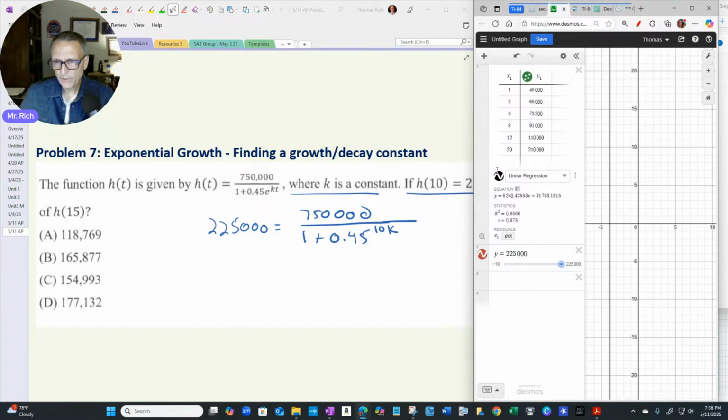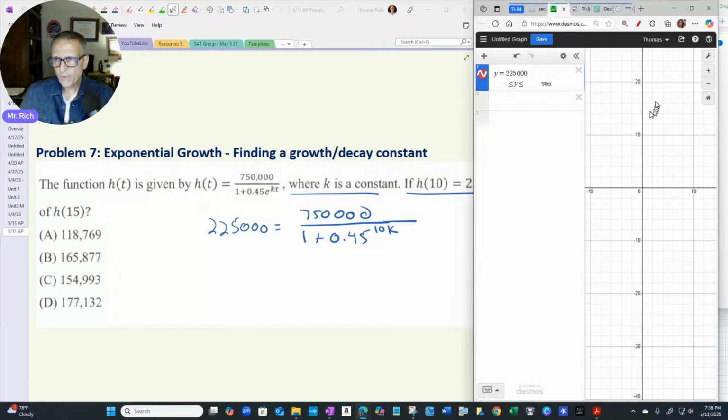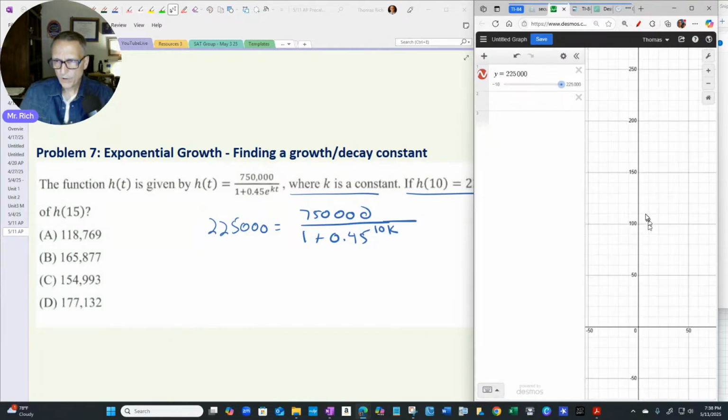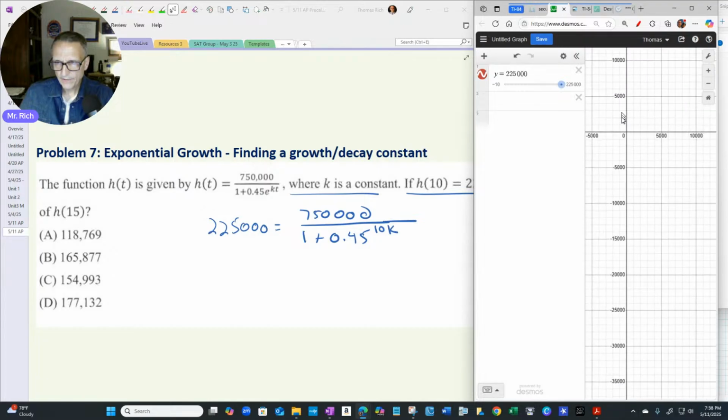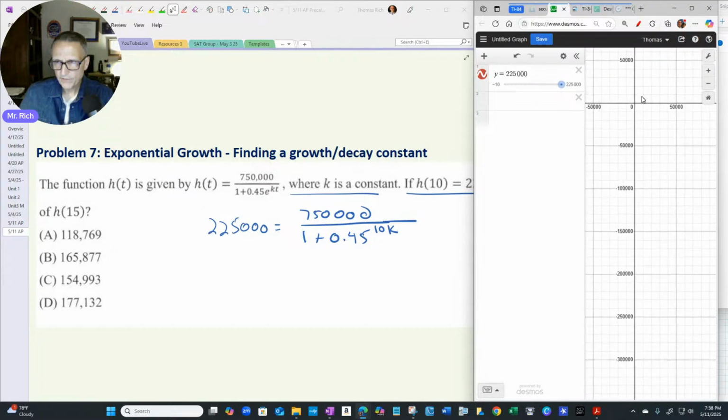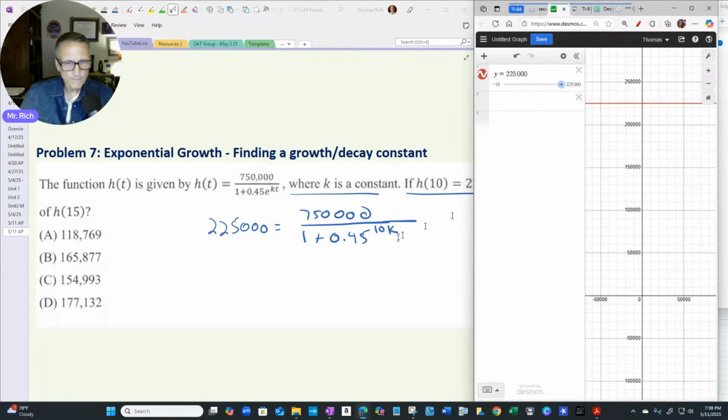Y equals, we're going to get rid of this regression line. Let's get rid of this altogether. But y equals 225,000 is way, way, way up here. That's kind of ridiculous. I could probably cut this down to thousands, but I don't know. Let's just do it, and we'll find it. There it is. Then what I'm going to do is graph the right-hand side, which is y equals